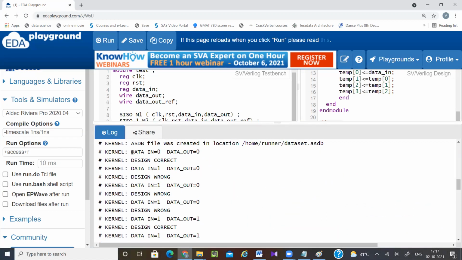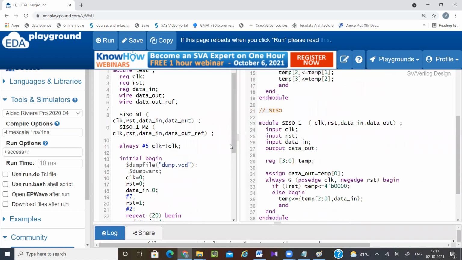Now you can see 1, 2, 3, 4, then I am getting the value 1. So whatever value I have given here, I am getting that value at the 4th clock cycle. You can see, that means the shift register is working properly.